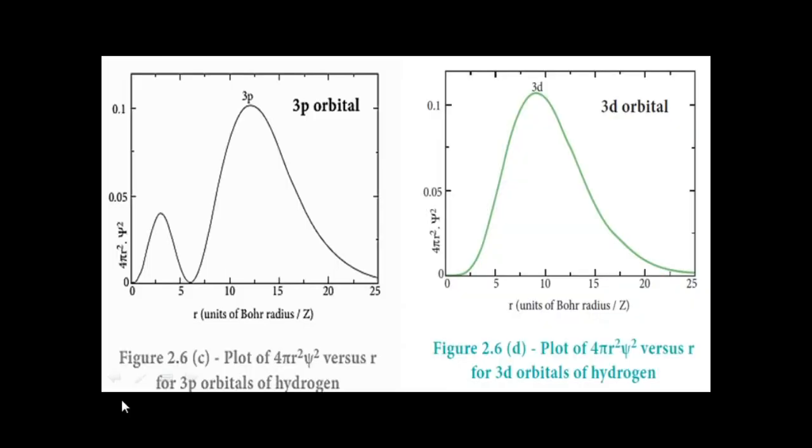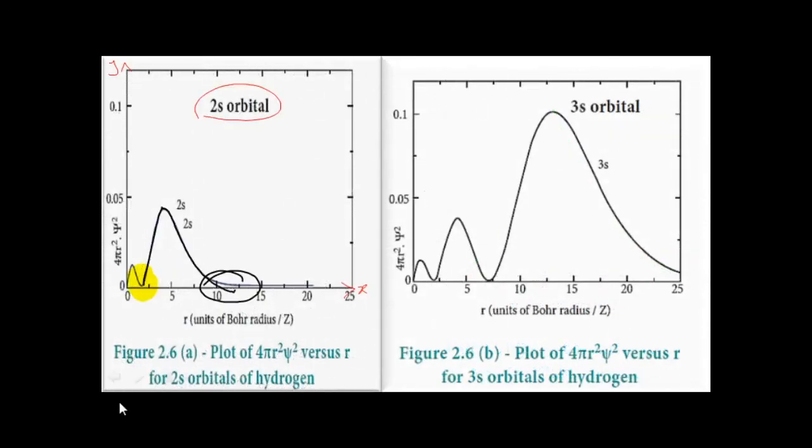So we can find how many nodes and how many maxima. So the number of nodes formula is n minus l minus 1, and then the number of maxima,